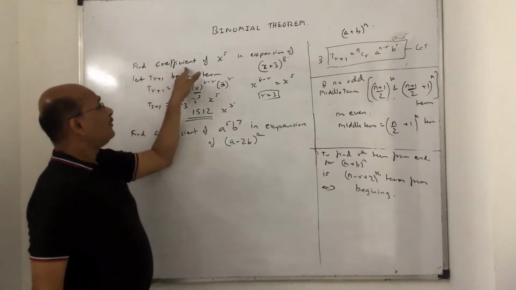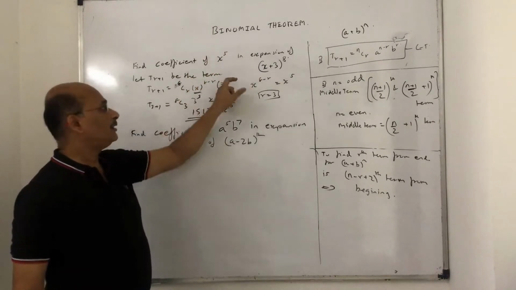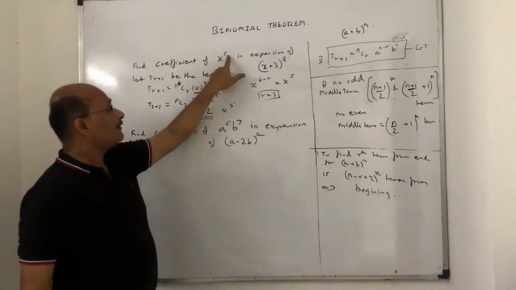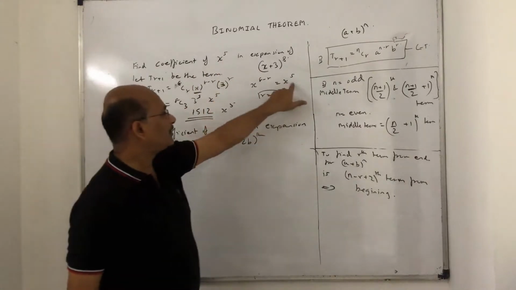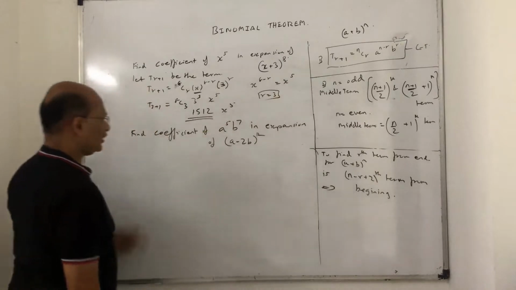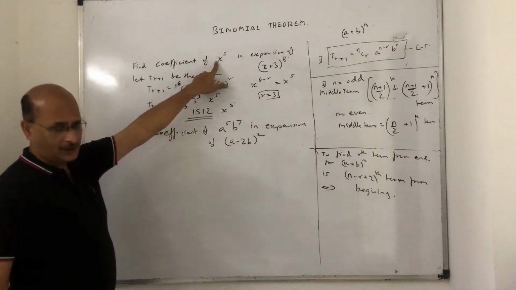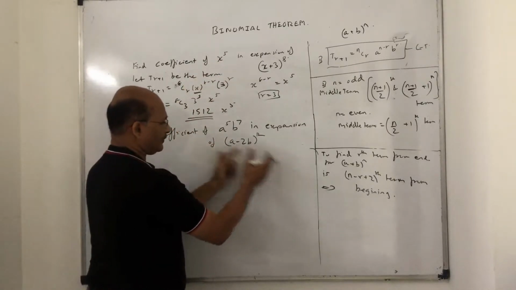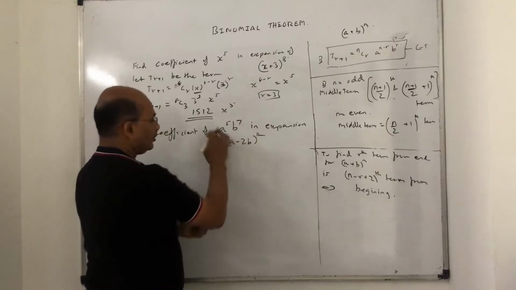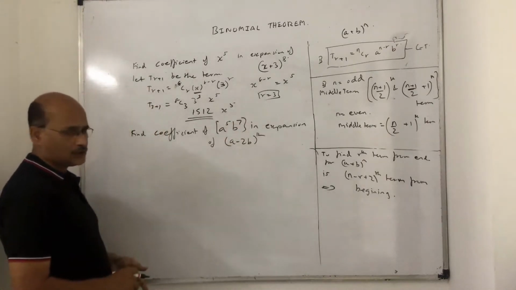Sometimes they ask you to find the coefficient of a term independent of x. Matlab, a term where there is no x. Matlab, you will take the power as 0. Independent of x means x raised to 0. So anyway, coming to the point, let us take the next one. But here, instead of one variable, they are asking, because when you open up, it will be a separate, b separate, and ab together with different powers. So they are asking for one particular set, the coefficient of a raised to 5, b raised to 7.